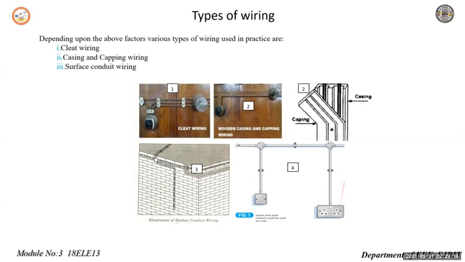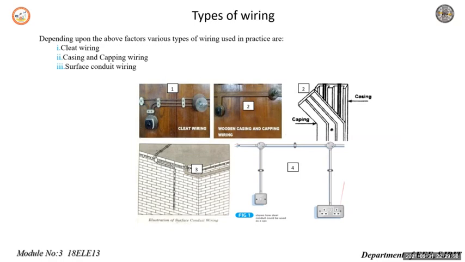In this type, wires are clamped between porcelain cleats. The cleats are made up of two halves. One is grooved, through which the wire passes, while the other fits over the first. The whole assembly is then mounted on the wall or wooden beam with the help of screws. The lower half of the porcelain cleat is known as the base, having grooves for conductors, while the upper half is known as the cap, as shown in the diagram.